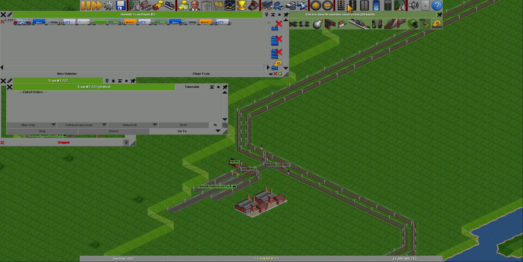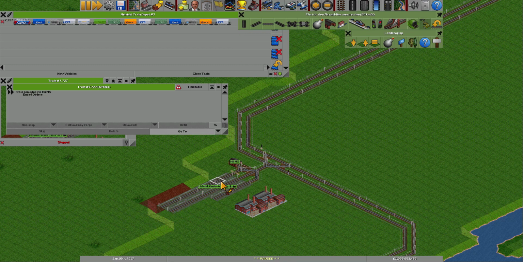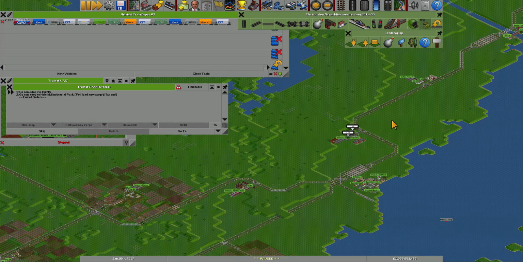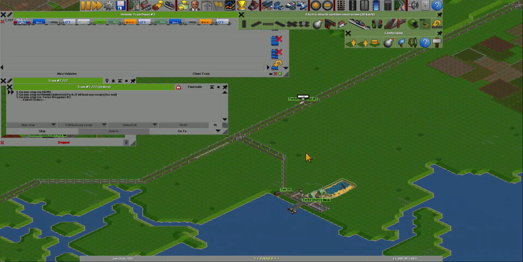We need to extend the station to start with. Like that. Waypoint, station, make a full load. Bring it through over here to Turku, because we have a good harbor here. Transfer, go back,